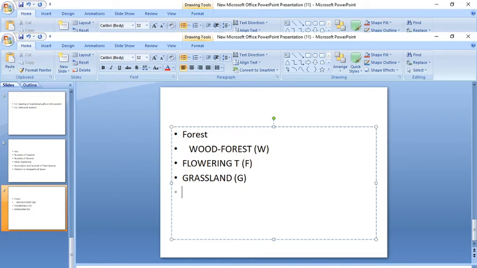For symbolization we are taking the letter G. And scrub, S. Suppose here the four forest attributes: woodland, flowering tree, grassland and scrub we have selected